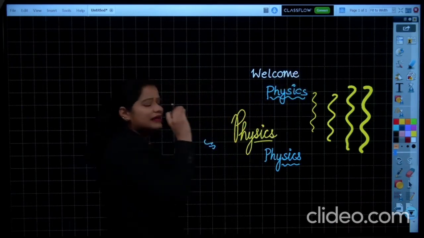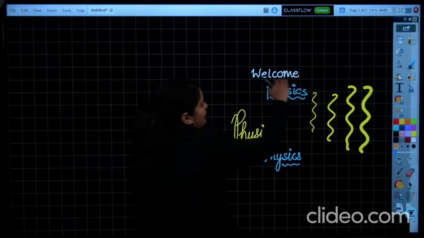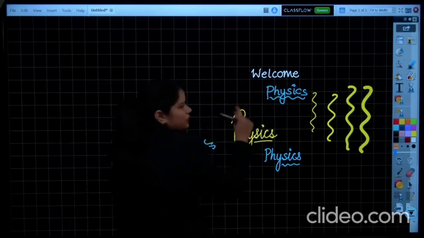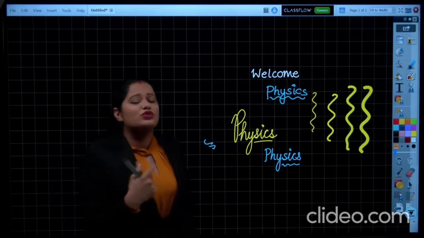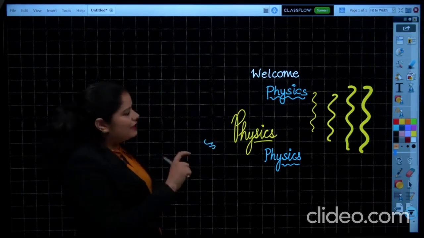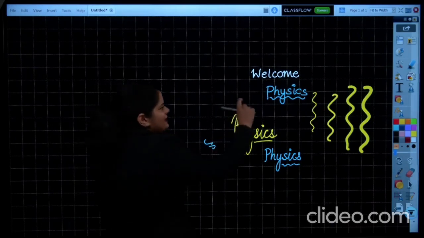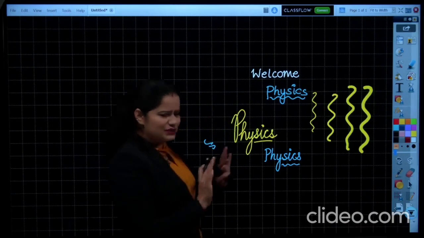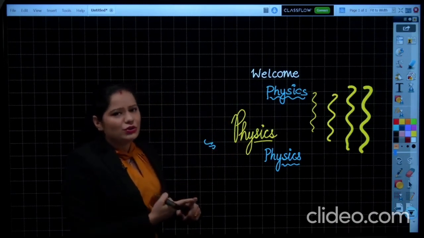because now you are considering this line to be the baseline and you are using the thickness of the grid to write the words. So if you think that your writing is not very good on the board, you can practice a bit. How will you practice? You will practice by keeping this as the base and start writing. Okay, so this is all about the pen tool and the grid.